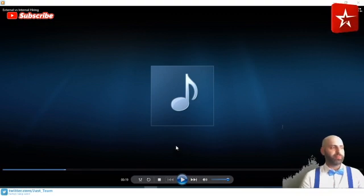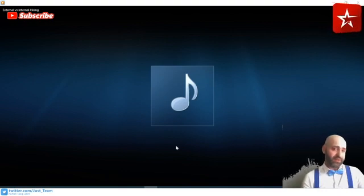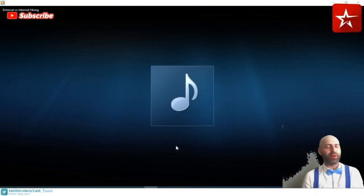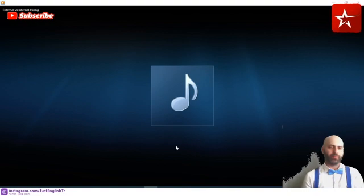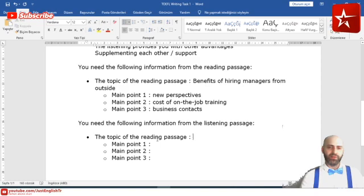Guys, if you understood in the listening, it said the reading passage gives the policy about hiring outsiders. However, so when you hear this word however, it directly kind of pushes you in the correct direction. If the reading passage was about advantages of hiring external managers, and the listening says however, the listening will say one of two possible things. One, either internal recruitment is better, or it gives disadvantages of external recruitment. Okay? So the topic of the listening passage is